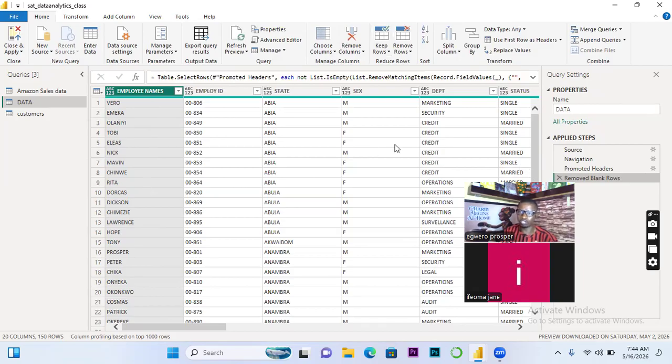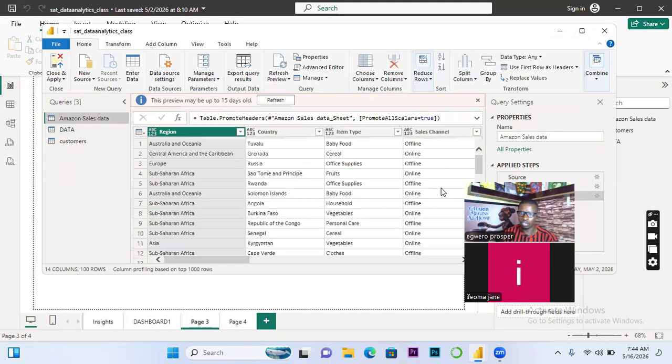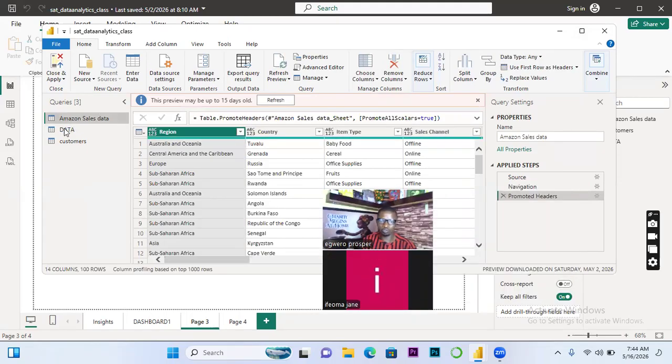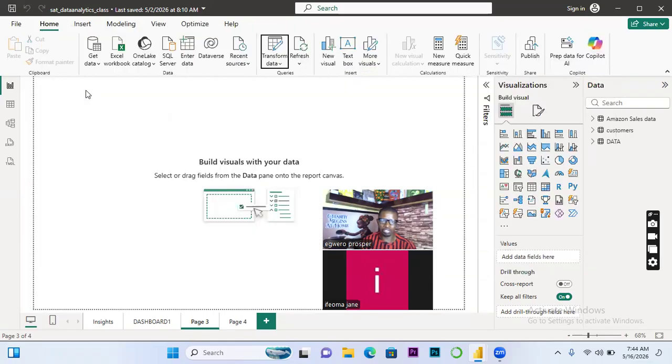But right now we did not even use that option. So let me just leave it here and see if we can achieve something of that nature. Now that I have done all the necessary cleaning on both data sets, like I told us, you come here and select close and apply. Or I can select apply first, then I come back. So I can just click here, close and